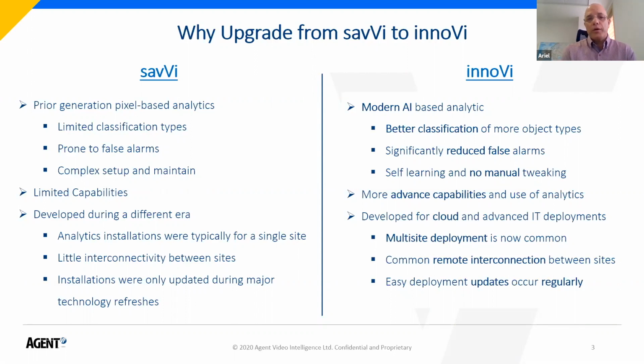And this is really where innoVi is becoming more than an evolution, it is becoming a revolution in the way that analytics is deployed today in the market. First and foremost, the concept of analytics is based on AI, artificial intelligence, which, to be honest, is not really a technology, it is more of a marketing term. But under these marketing terms, there are technologies based on neural networks, object classification, machine learning, and deep learning, which are real